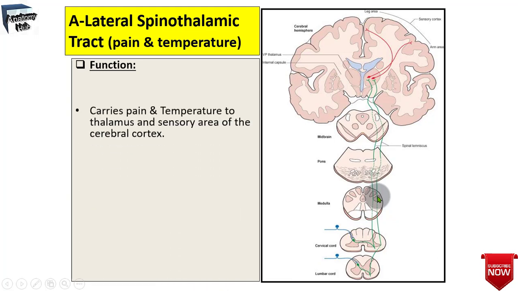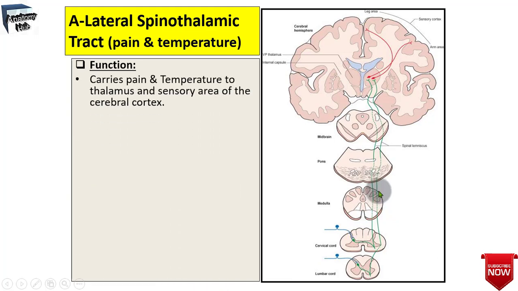Together they form the spinal lemniscus that you can observe over here, and the spinal lemniscus crosses the brain stem and the tegmentum of the midbrain that you can observe over here, lateral to the medial lemniscus, and it may